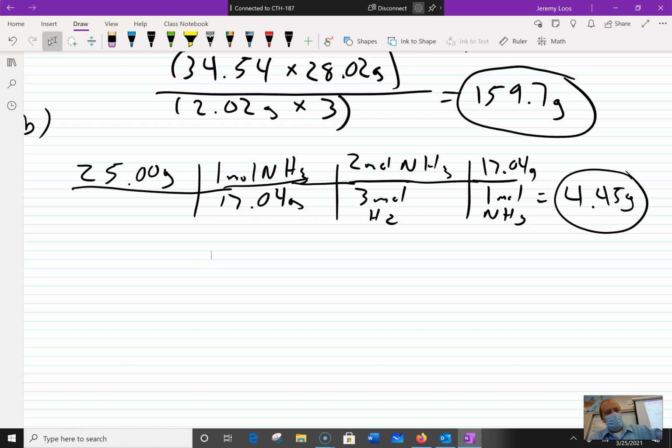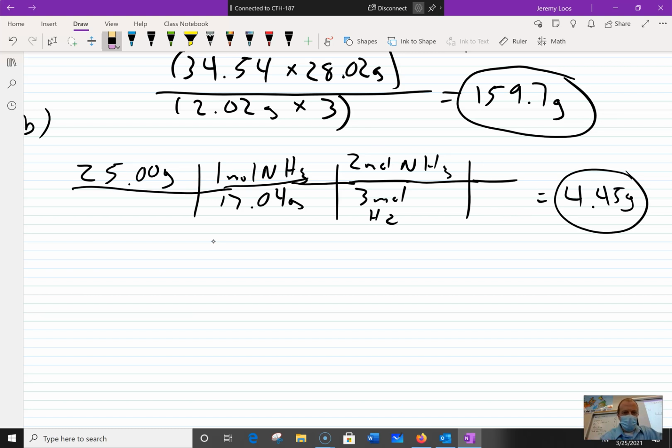Your boss says, we need to make 25 grams of NH3 today. Tell me how much hydrogen we need to order. How much hydrogen are we going to use in this process? Oh, I just realized I have the last step wrong. Now, of course, in a factory, you'd be making a lot more than 25 grams, but still, the overall idea